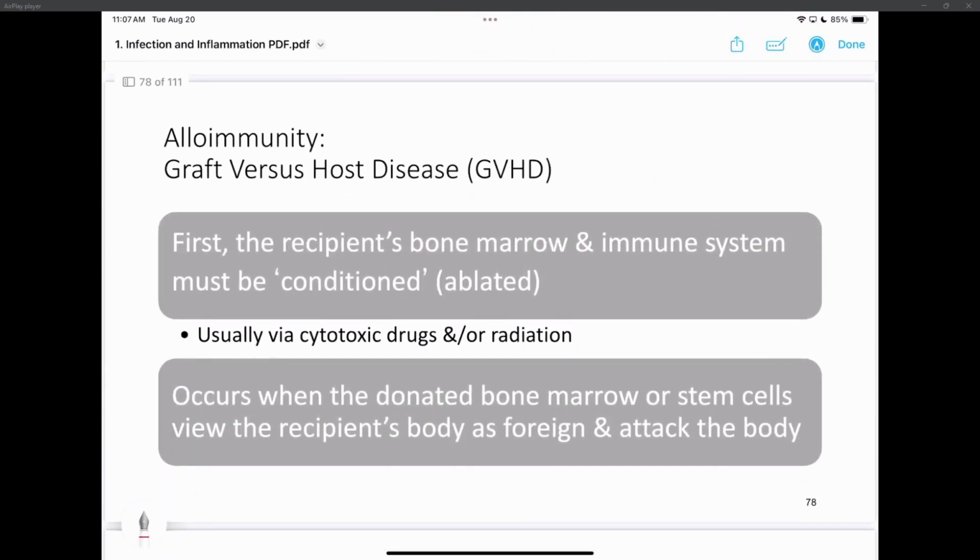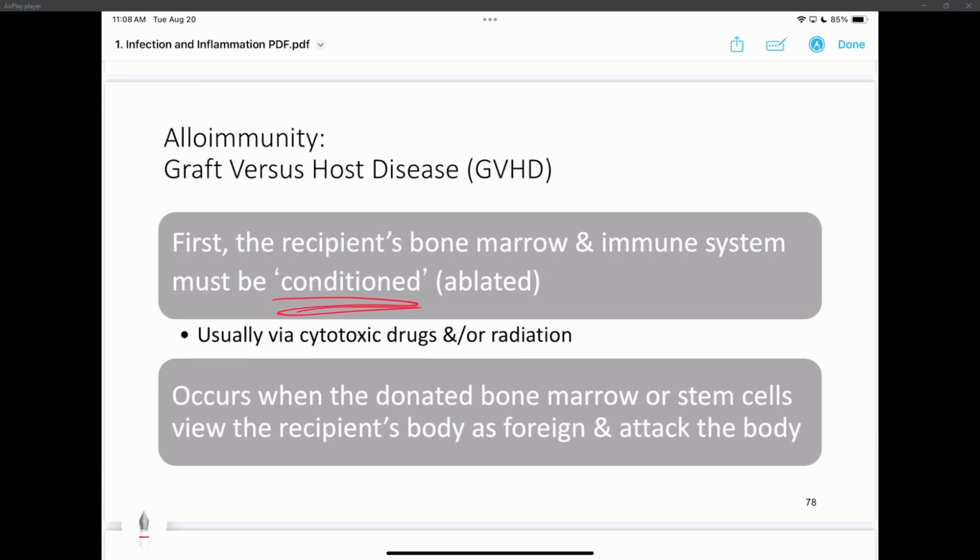Another one is called graft versus host disease. Normally, if you get a transplant of an organ, liver, lungs, whatever, they usually knock out or condition the host person's immune system, either through drugs or radiation. We want to knock out their immune system because we don't want the host to attack the new organ as being a foreign substance. So we knock out your immune system so you don't attack the new organ, and your body gets used to it and you're okay.